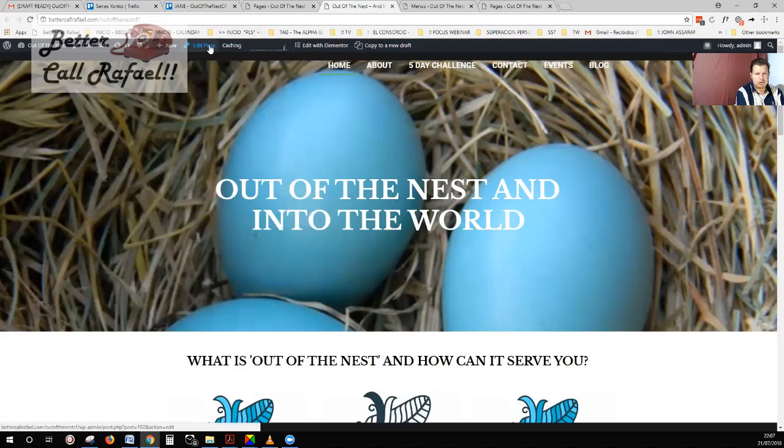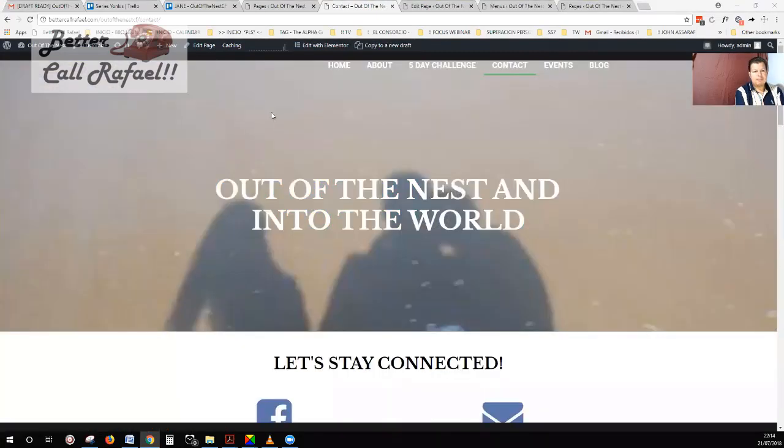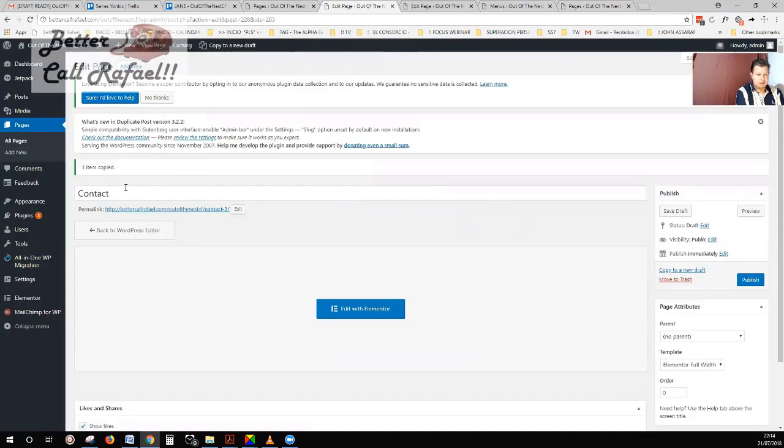What we're going to do this time is we're going to copy to a new draft. Let's say that we have the contact page and we want to make a copy of the contact page and rename that events and change it accordingly. Okay, so we will go to the contact page, and then we would say here copy to a new draft. You see that it opened that with a contact and then the number 2. Okay, so what we're going to do is change that to events,